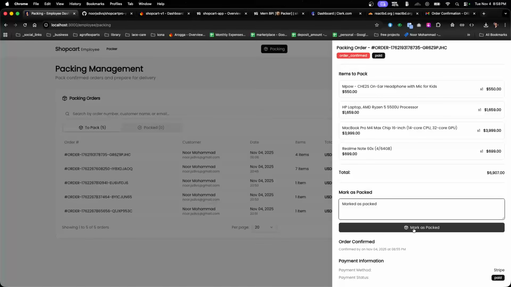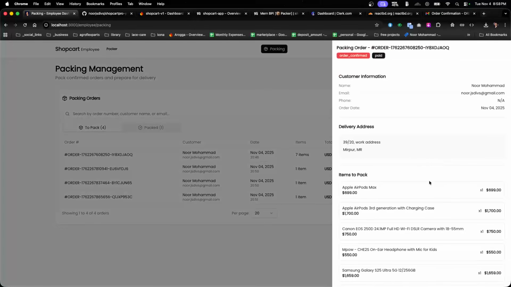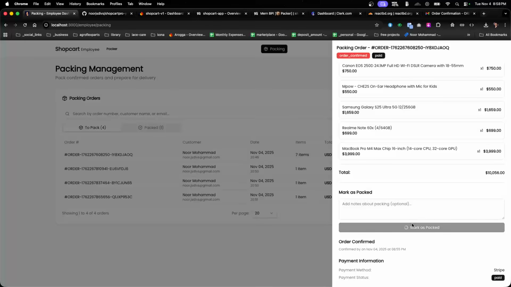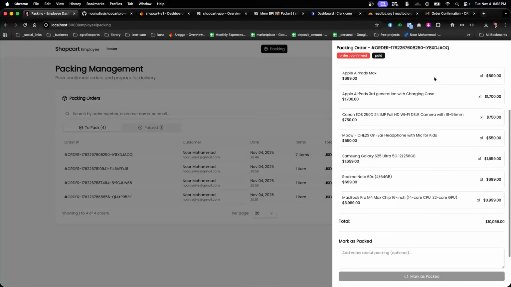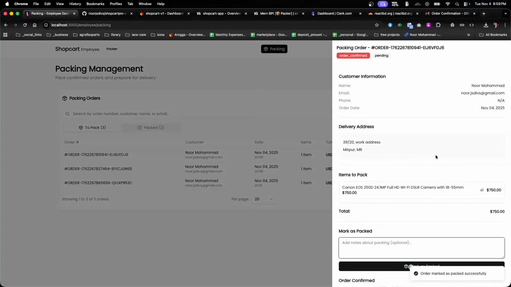So it's done. Now he can check that, bring the products one by one, and mark them as packed, so that the customer can be sure they are getting the products in a perfect way. Also, in the premium feature, you can tick to mark whether that order was successfully picked or not. There are a lot of features, so I'm not going to go that much in depth,